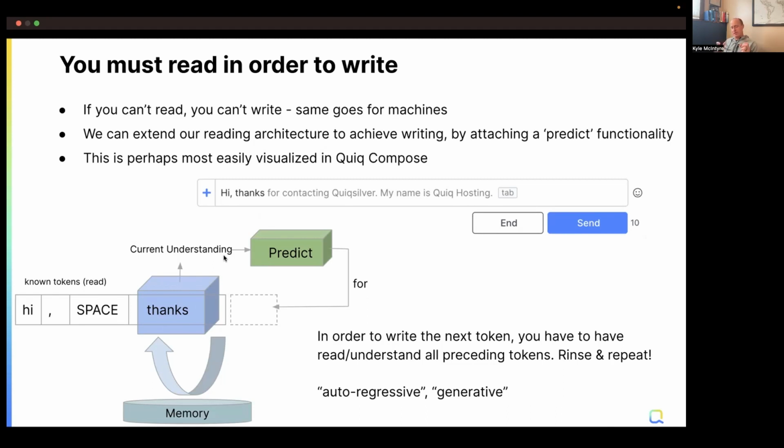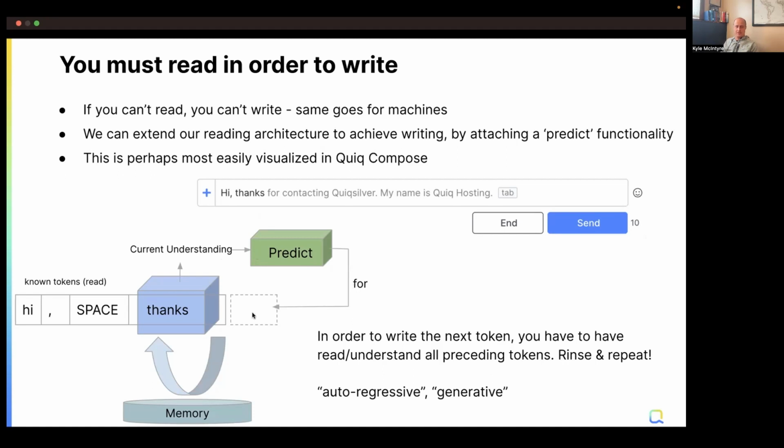And what it's going to classify or choose is, across the entire vocab of tokens, which one it thinks is the most likely to come next. So let's say in this case, it thinks the most likely next token is the word for. So the predict module outputs for.